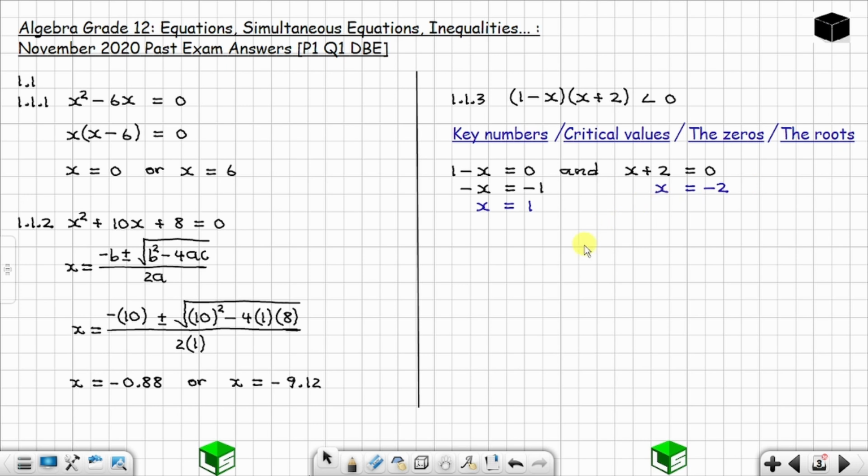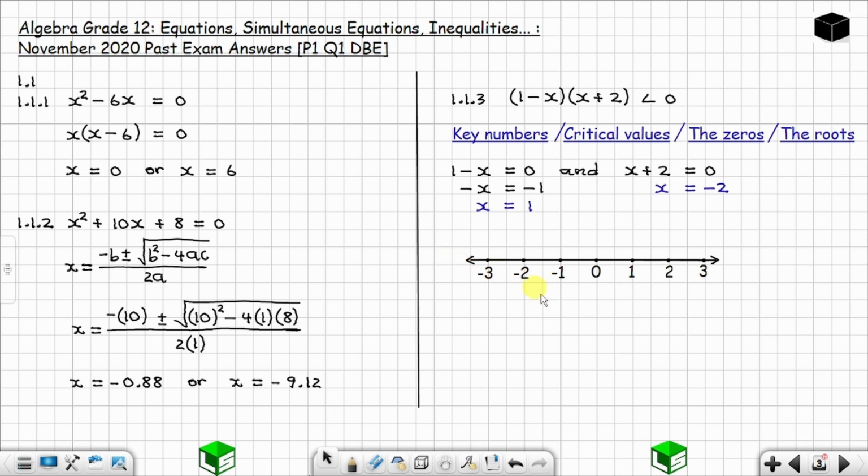Okay, now from here what you need to do is to test the interval. How can you test the interval? You need to get the number line first. Okay, this is the number line. Remember, you have 0 there, and you have 1, and you have 2, and you have 3, like this. And on the left side you have -1, and -2, and -3, and so on.